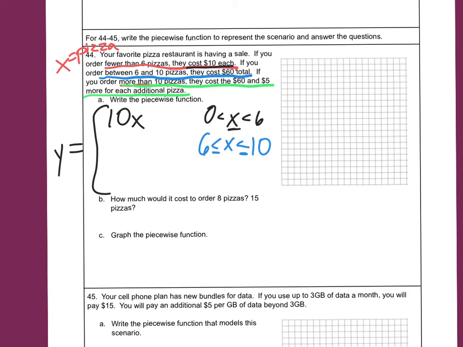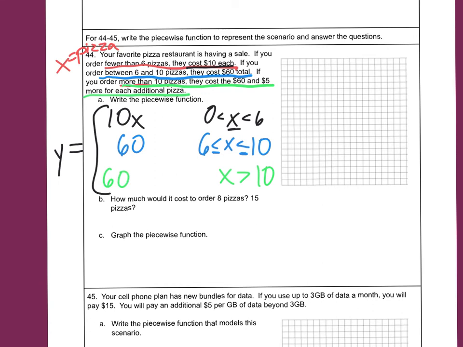Okay, well, I'm definitely going to be ordering 10 then, right? It's going to cost $60 no matter what. So it's just 60. I'm not multiplying that by anything. It's just $60. Okay? And then the last one says, if it's more than 10, so greater than 10, and again, there's no cap on that, so just greater than 10, however many, they could order 1,000 if they wanted to. So if you order more than 10, and they cost $60